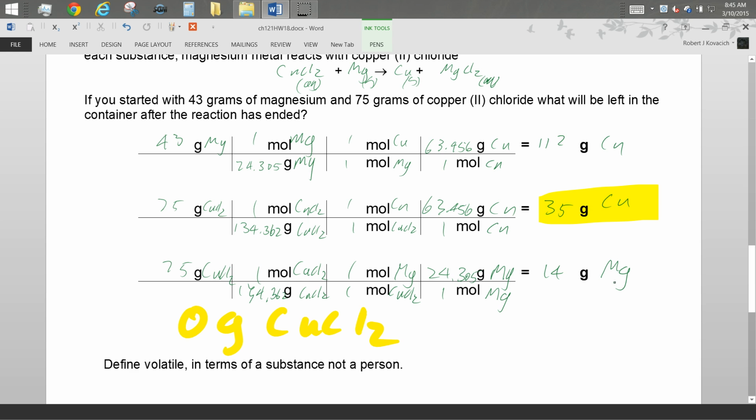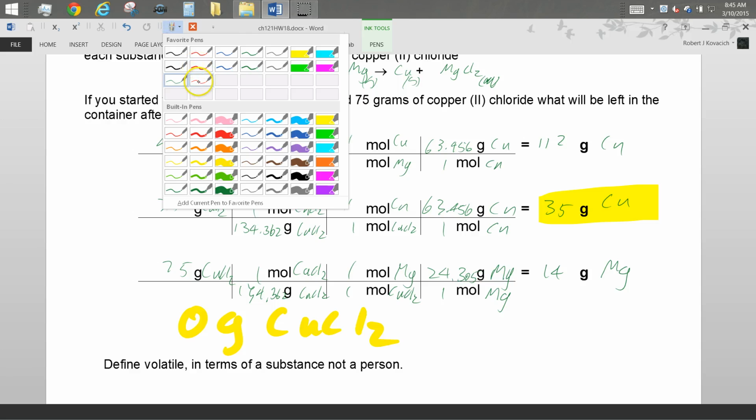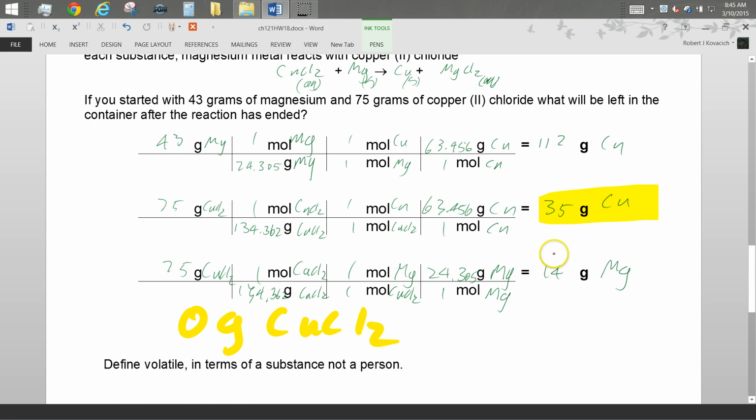So is that what is left in my container, the 14 grams? No, it's not, right? That's how much was used. So I started off with 43 grams. So if I subtract that off, I'm gonna get 29. I'll have 29 grams of magnesium, and this stuff will be left over in the container. So 0 grams of copper 2 chloride, 35 grams of copper, 29 grams of magnesium, and how much magnesium chloride